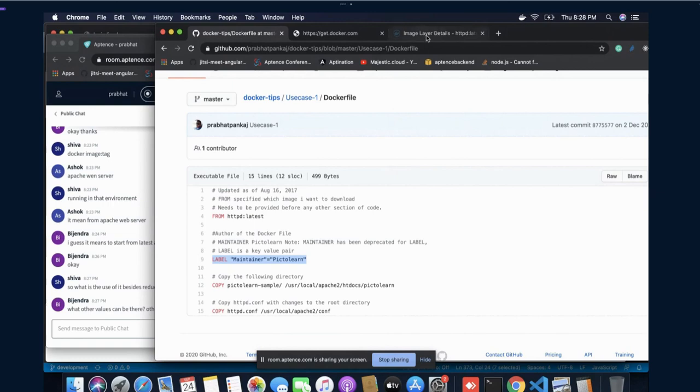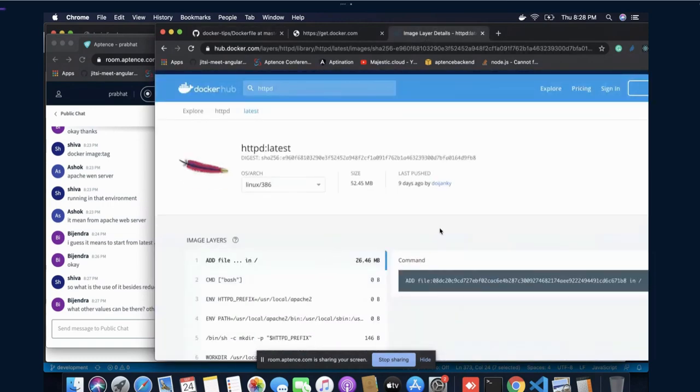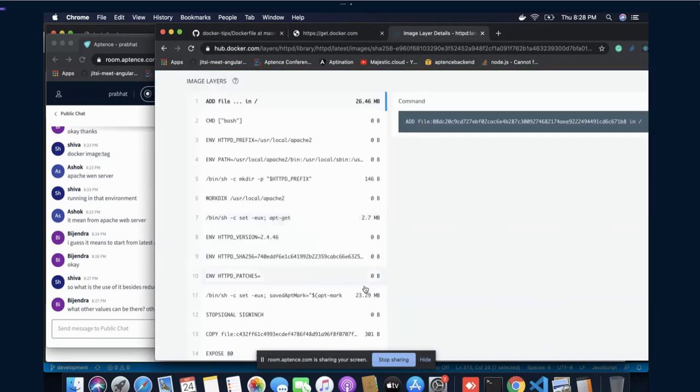Like, if you see here, last pushed by this one. If you see more detail about this Dockerfile, someone must have created it, and they can provide their name, their email or something like this.